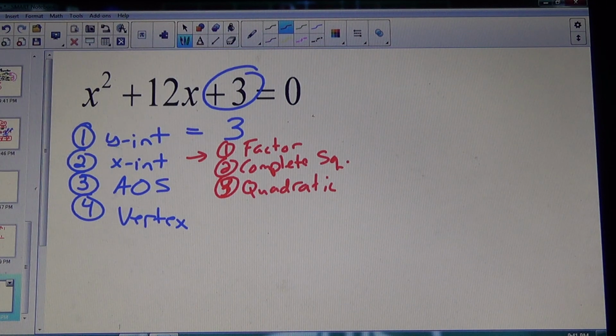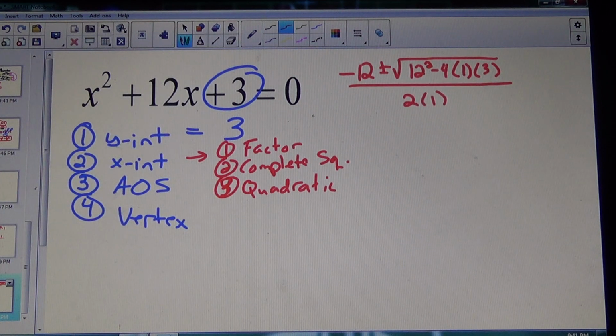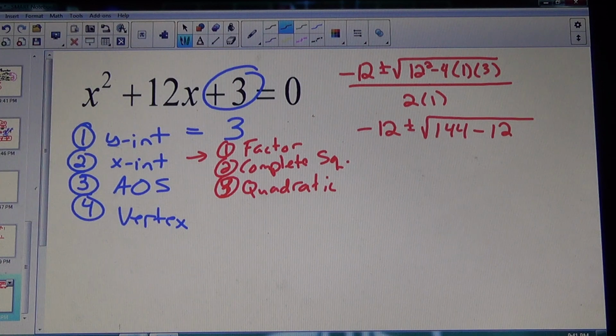Okay, so if I do the quadratic formula, it's x equals negative b plus or minus the square root of b squared minus 4ac, all over 2a. So I'm going to get my calculator out here, and I know 12 squared is 144, so I'd have a negative 12 plus or minus, now you can plug that whole thing in your calculator at the same time if you want, 144 minus 12, so 144